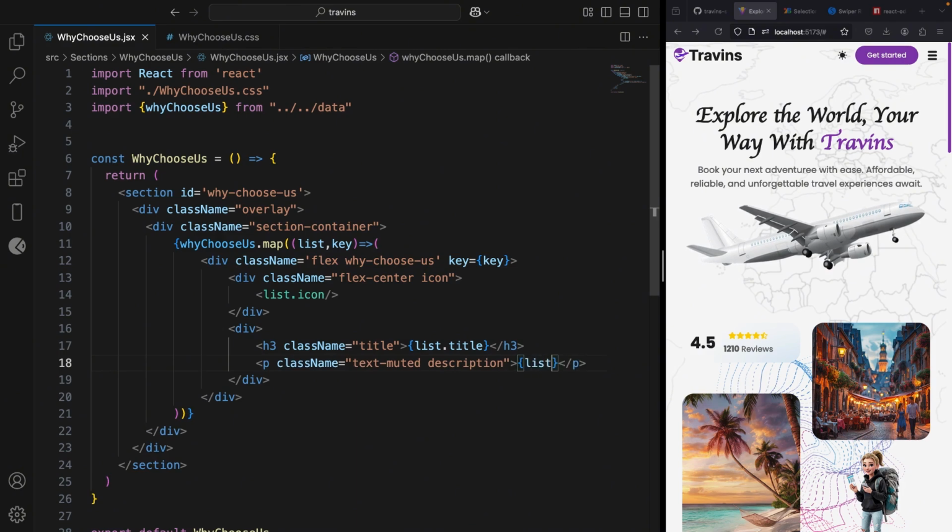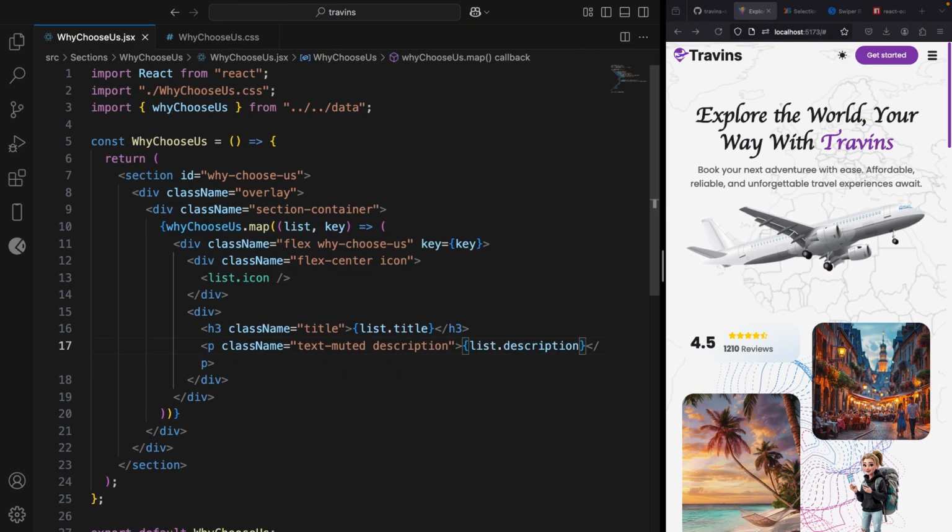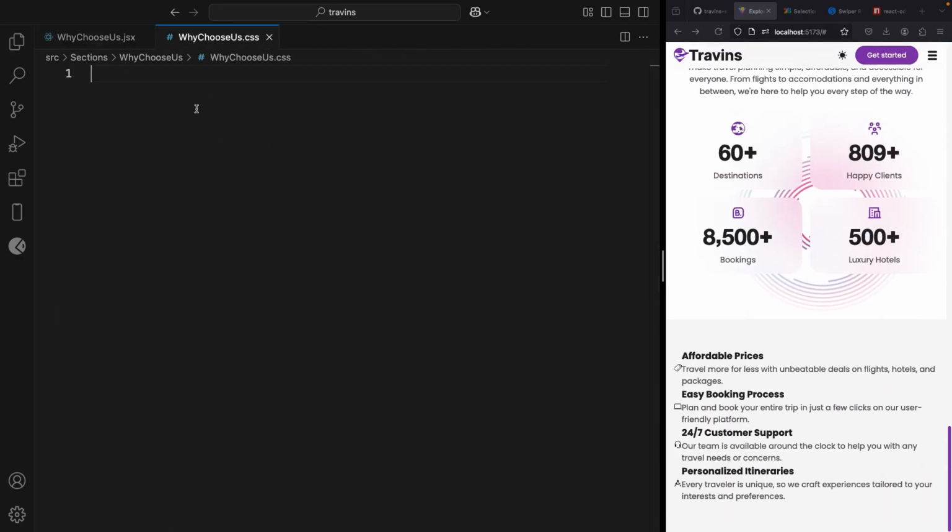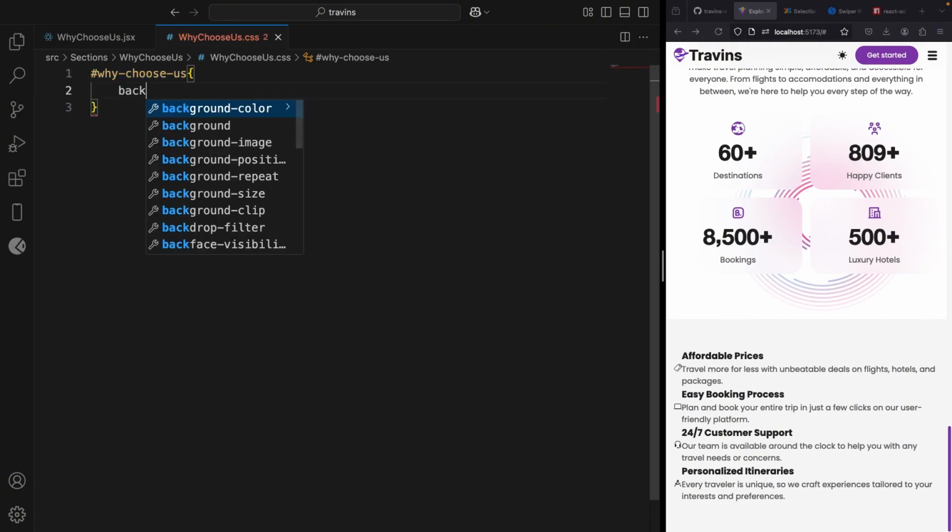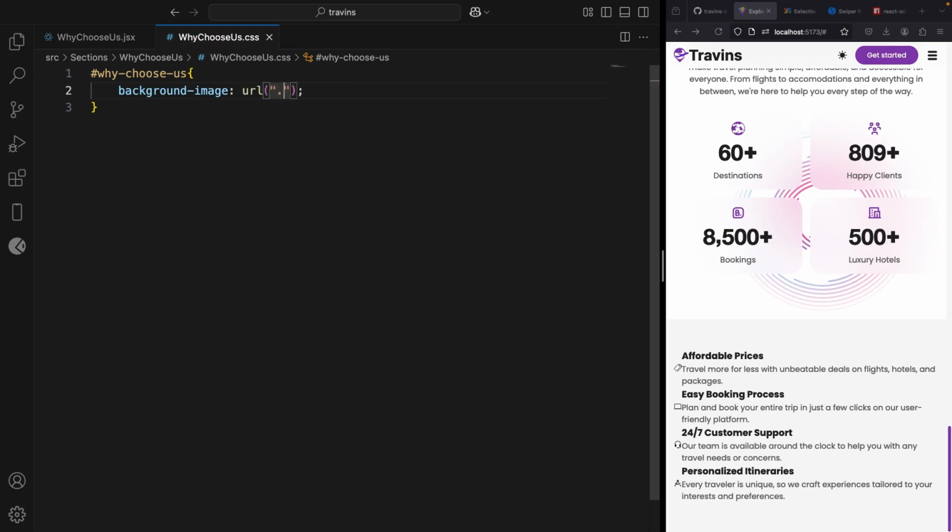Awesome. So let's delete the description here. Beautiful. And this is cool. So look at it here. Let's write some CSS code for the Y chooser. So we're going to select the Y choosers ID and let's add the code. Awesome. So we're going to say